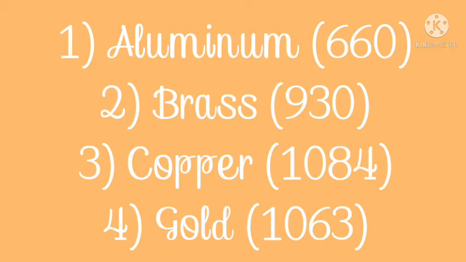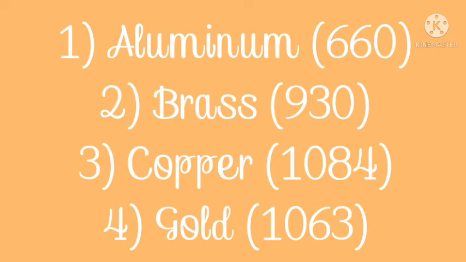1. Aluminium. The melting point of aluminium is 660 degrees Celsius. 2. Brass. The melting point of brass is 930 degrees Celsius. 3. Copper. The melting point of copper is 1084 degrees Celsius. 4. Gold. The melting point of gold is